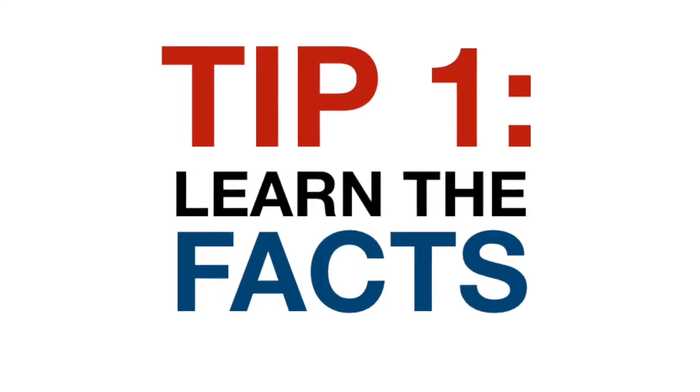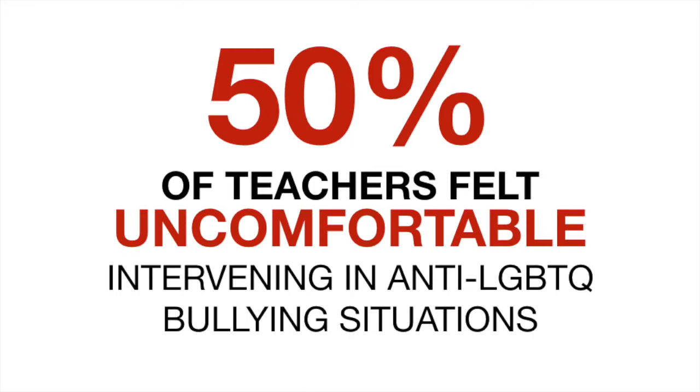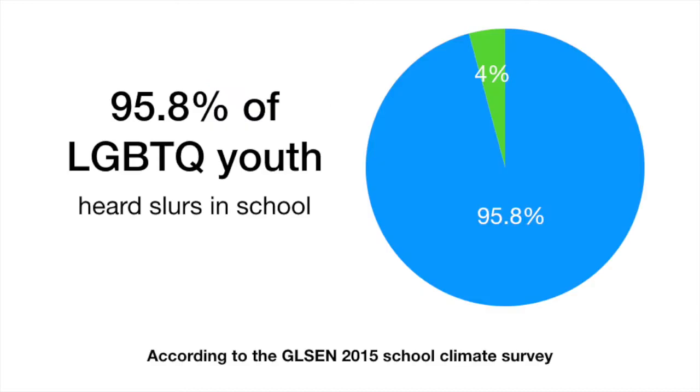Now, these are tips that you can do individually without institutional support. Tip number one, learn the facts. On average, more than 50% of teachers surveyed reported that they were uncomfortable intervening when a student was bullied about their real or perceived sexual orientation and/or gender identity and expression. According to a recent survey,